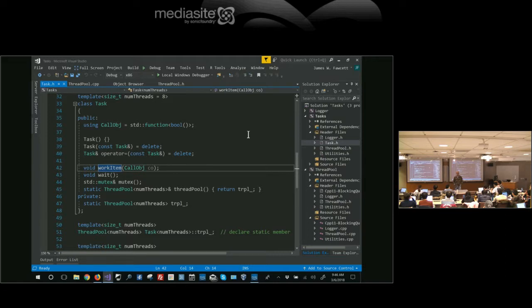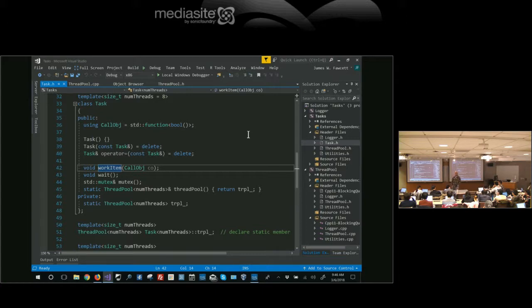So if I make it static, and I limit the thread pool to 8 threads, no matter how many tasks I generate, I'm always only going to have 8 threads. Okay? So I can use task anywhere I want in my program. Just use task, and I know I'll never generate more than 8 threads or 16 threads or whatever I say in my template argument. Okay? Piece of cake.